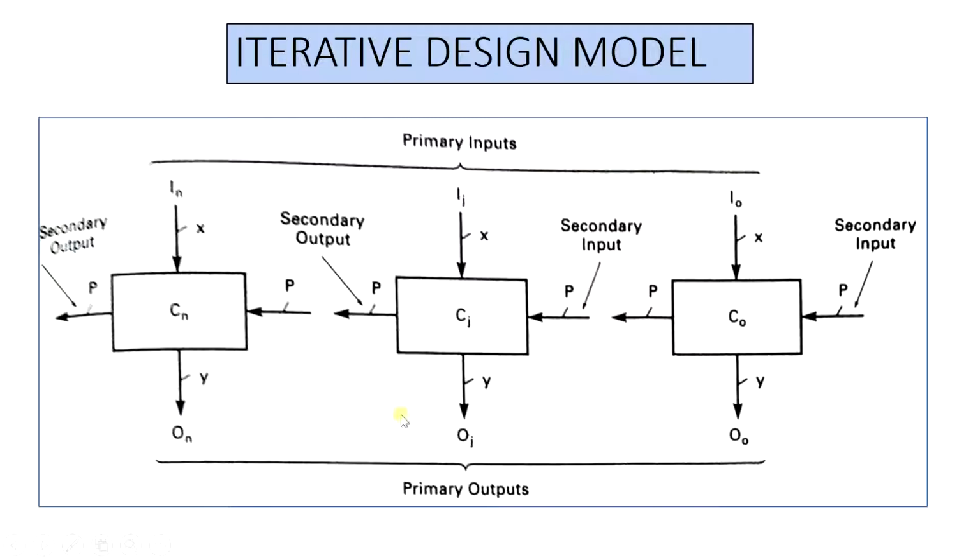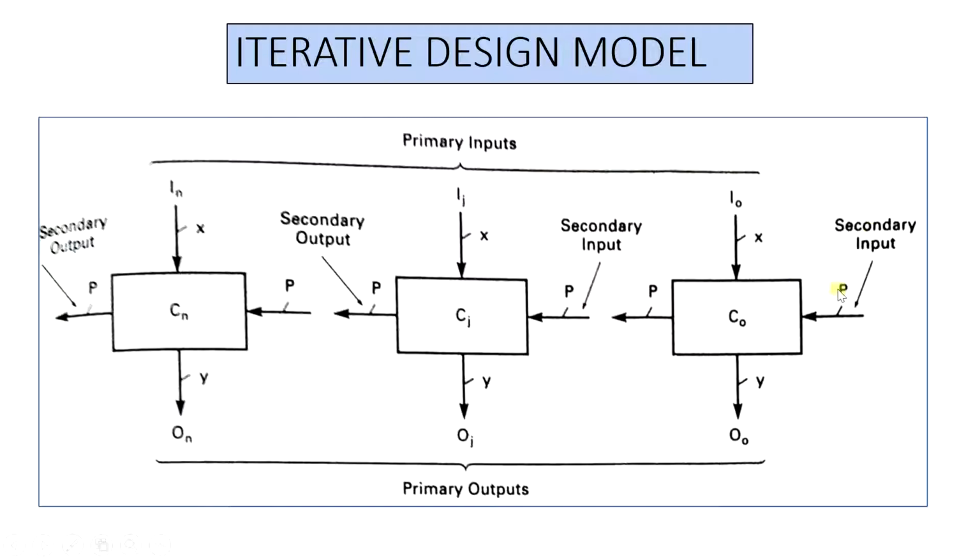So here is the basic model of an iterative circuit which shows the intercell relationship. So we have the primary inputs that we are going to apply, and usually the primary inputs are the input operands that we apply, and the primary outputs correspond to the various output conditions. That is, we obtain the primary output conditions in terms of A greater than B, A less than B, or A equal to B for the case of the comparator.